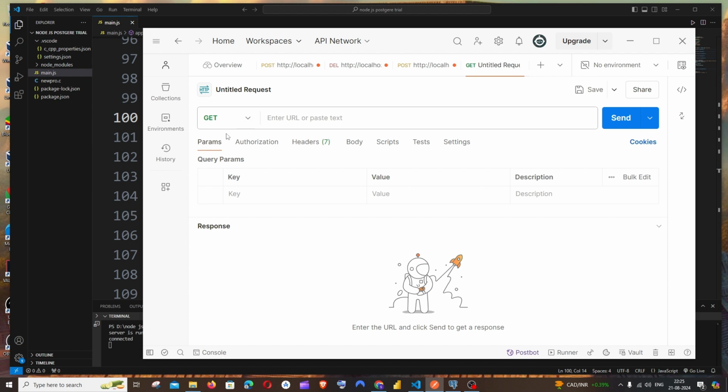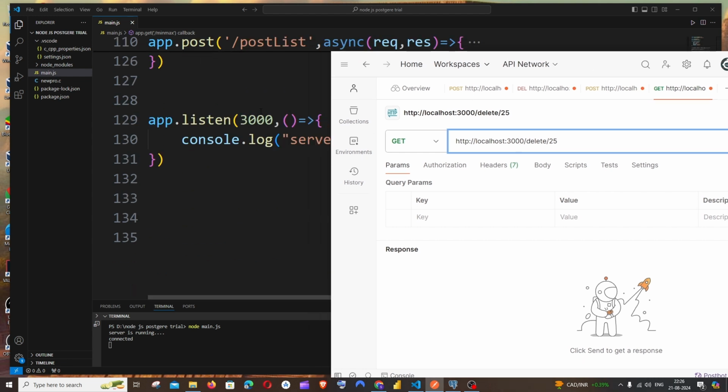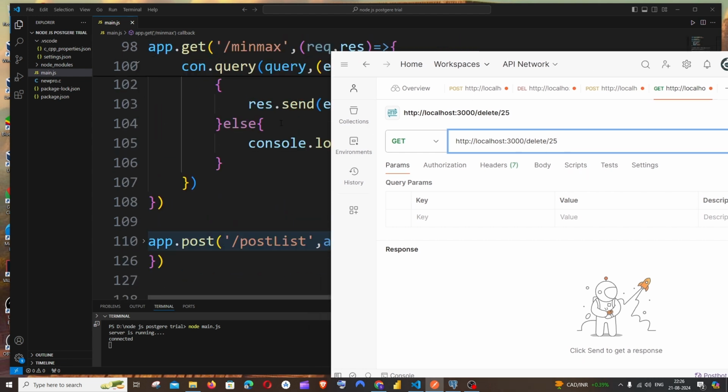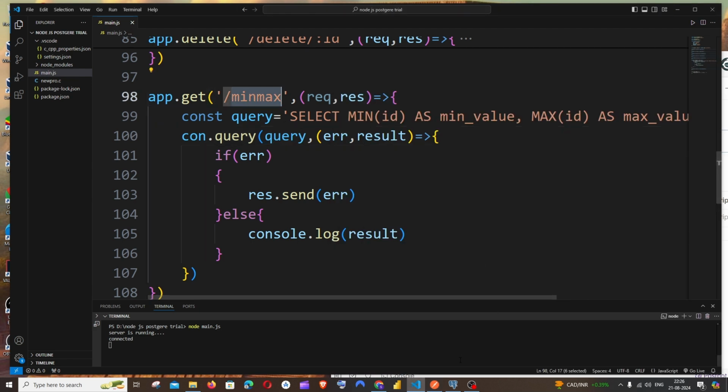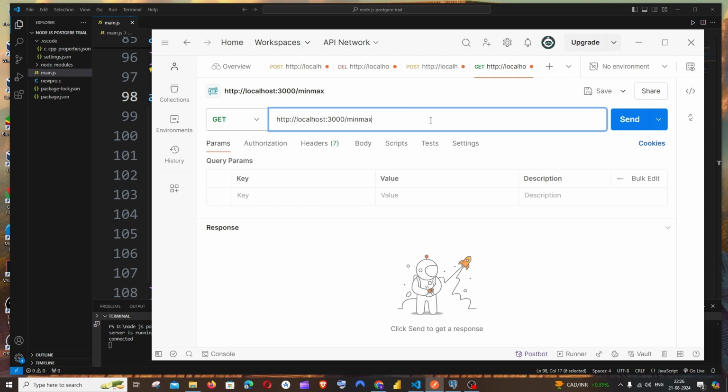In case you're having something else, it needs to be GET, and make sure that you're having http://localhost, and this port number corresponds to the port number that you have specified over here. Make sure they are the same. After that, just copy the path and put it over here. That's it. Now if you send it,